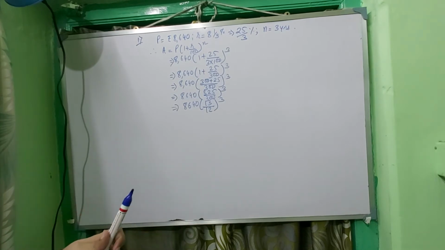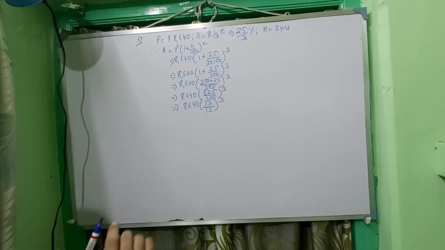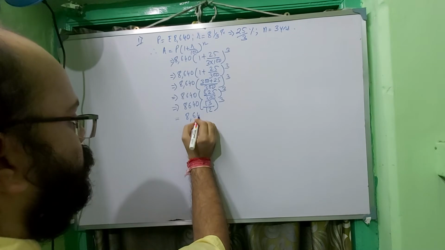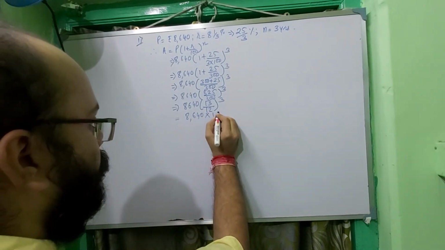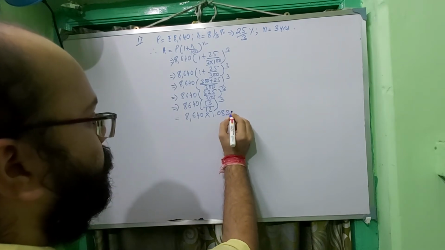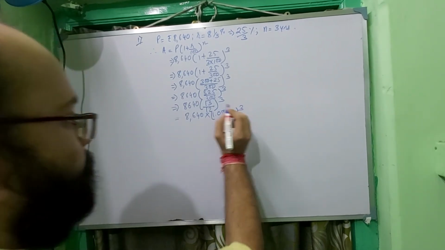You can divide it and you will get the point, or otherwise you can do it by that. 13 divided by 12, you will get 1.08, and that will be the cube. Means 8640 into 1.08, make 4 digit, 1.0833 cube. Okay,